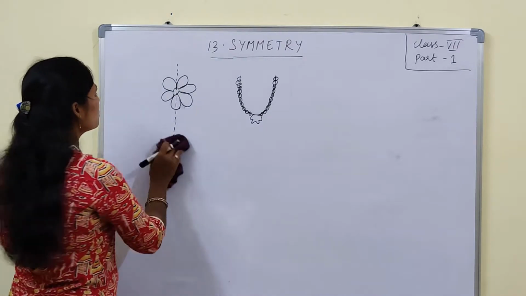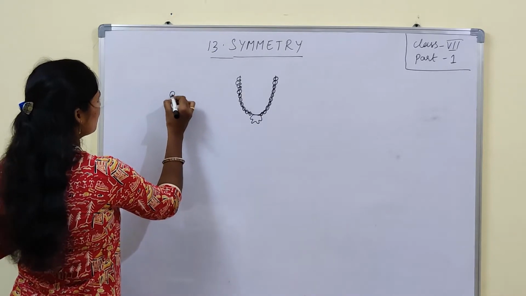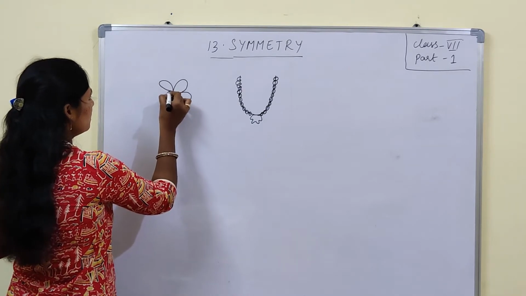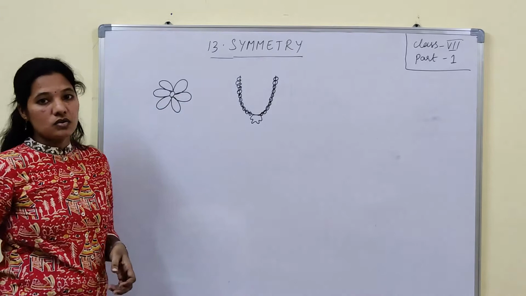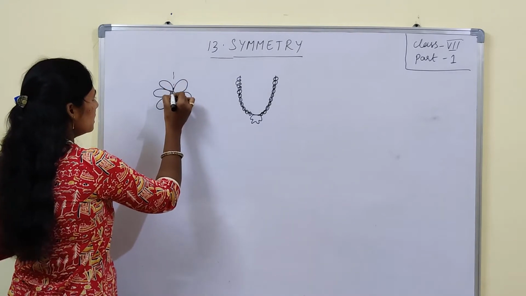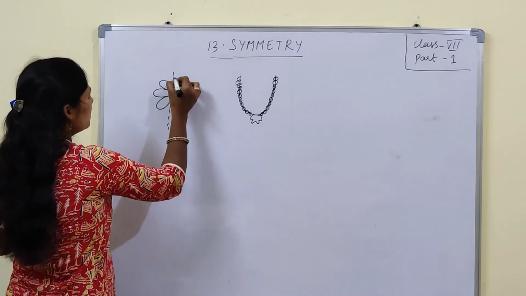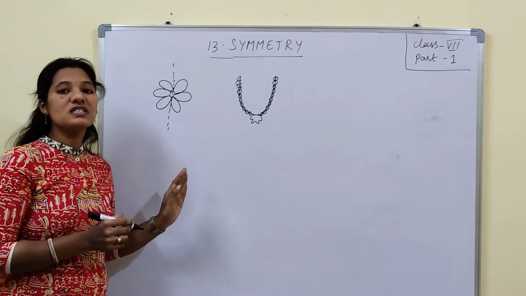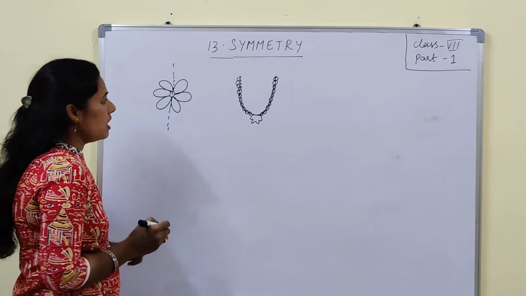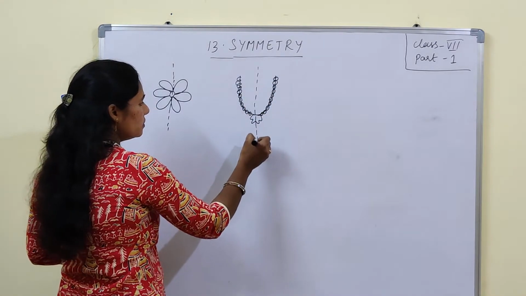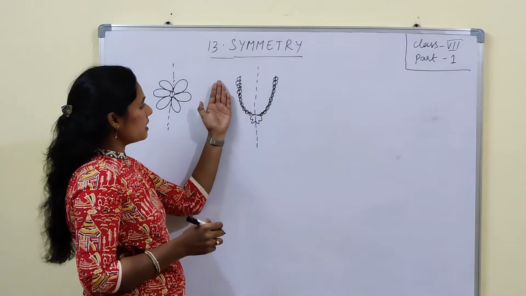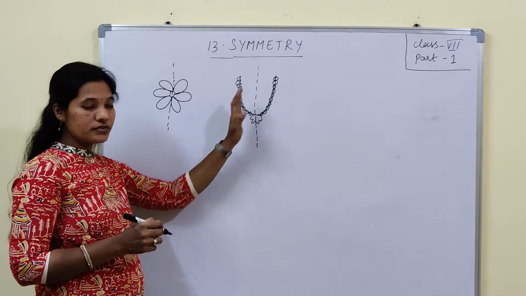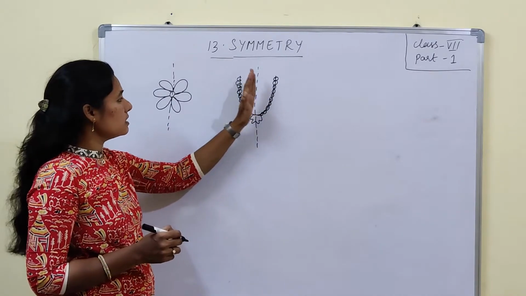Actually, I need to draw properly. Like this, one figure. Here if you draw a line in between, then see properly. This part on the left-hand side of the line and the right-hand side of the line look similar, no? Same, looks the same. Similarly, if you divide like this and draw a line, the left side and right side have the same type of foldings, the same type of figure.